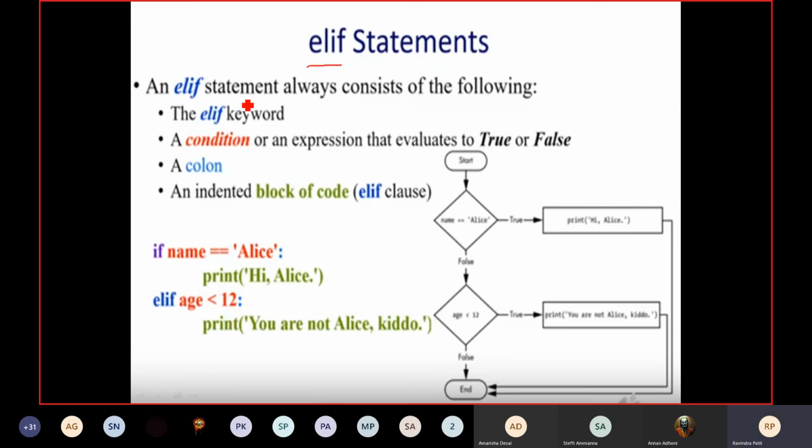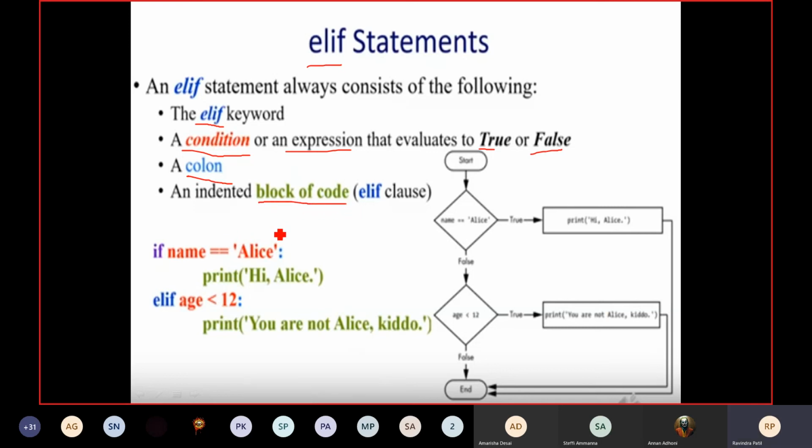This elif statement always consists of one keyword, that keyword is elif, followed by a condition or an expression that evaluates to true or false. After that, it is going to have a colon also. And if a particular condition is true, a block of code is going to execute.